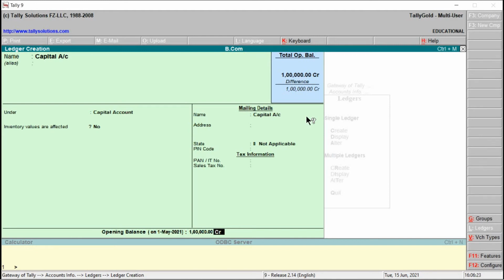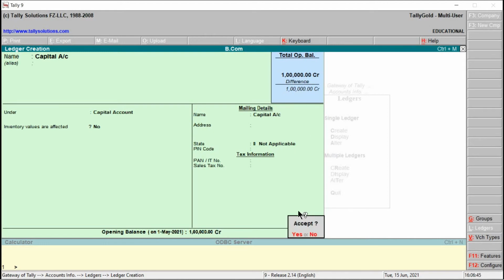Tally follows normal accounting principles of debit balances for assets and credit balances for liabilities. At the top right hand side we can see total opening balance and we have a difference of 1 lakh. Next, enter.